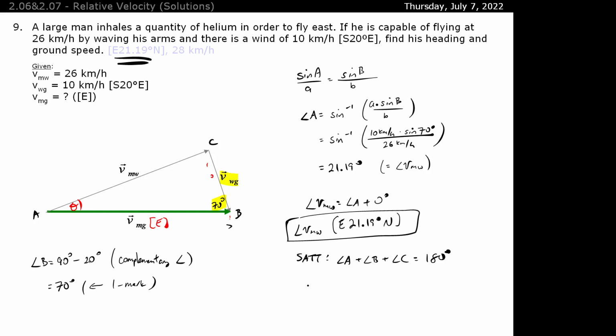So angle C is equal to 180 degrees, subtract angle A, subtract angle B. So 180 degrees subtract angle A of 21.19 degrees, subtract angle B of 70 degrees will give us